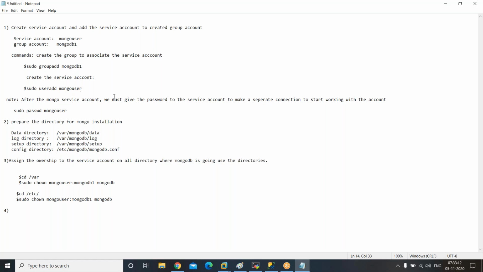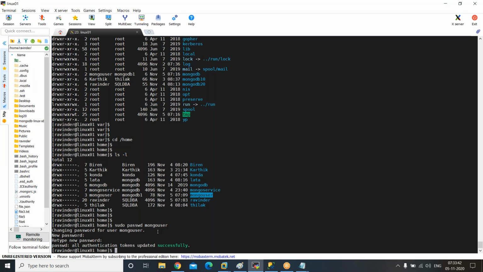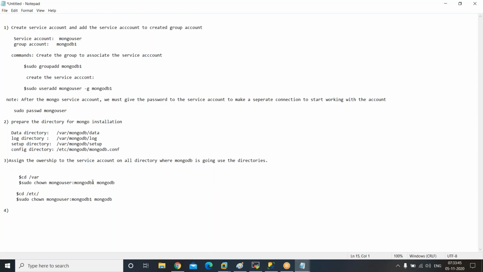So we created a group. Then when we are creating the user, we need to associate the user to the group. This must be done. So the group name is MongoDB1. You must follow this, else it will create the group with the username itself, as we have seen yesterday. If a user is created directly without a group, the username itself is the group of the user by default. If you want to assign it to one group, you must give the group name. So useradd Mongo user -g and the group name. This is what we have done. The next, the password also we set just now. Then we created the directories, and on the directories we gave the permissions to